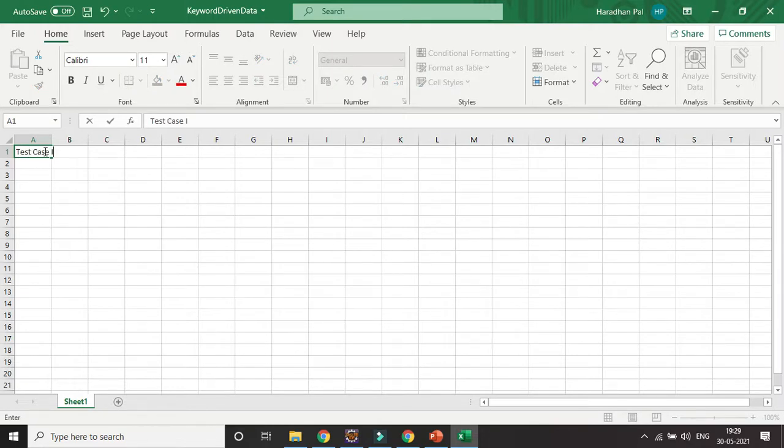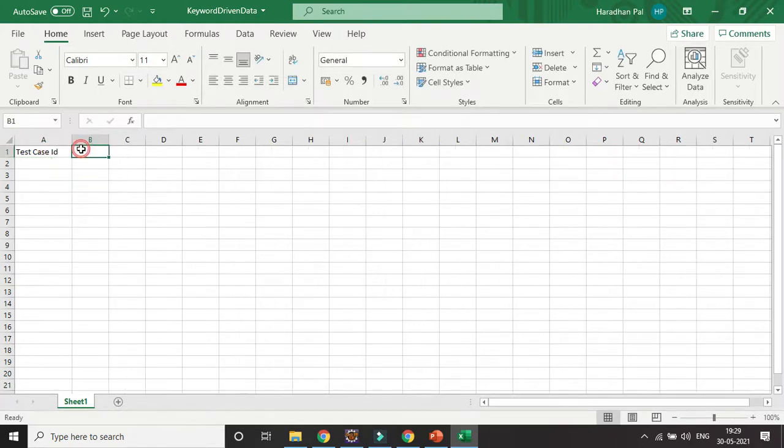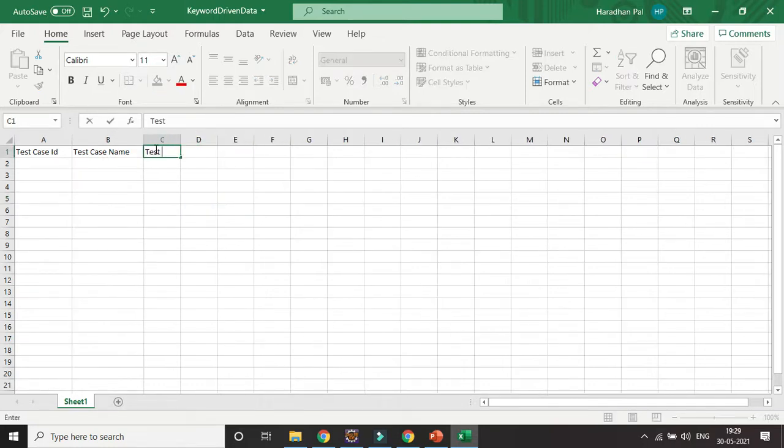Definitely we'll be using some protocols here. You already have some skill set in manual testing, so you know. And then test case name, I'll be creating another column. Then test step, then I can mention step or actions, whatever we need to perform, right? And then here we will be adding one more thing, which is keyword, where we will be adding the keyword in real time, whatever operation we need to perform.